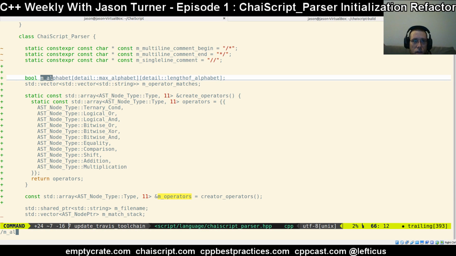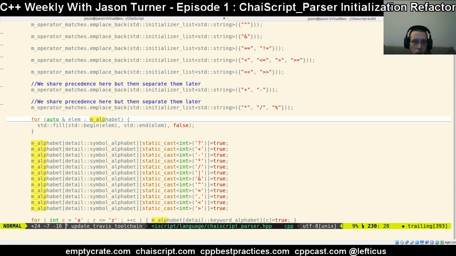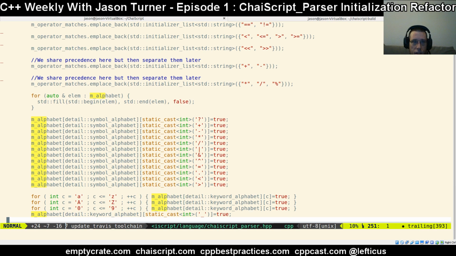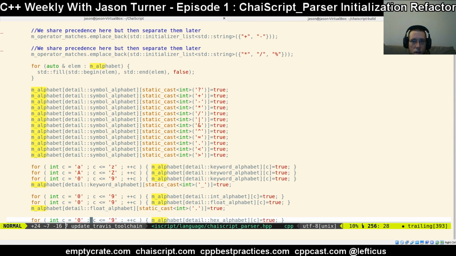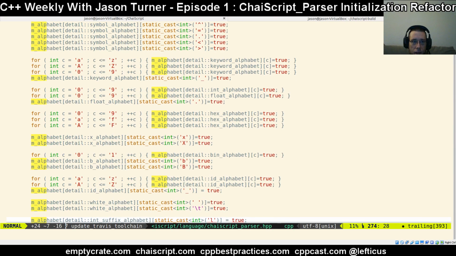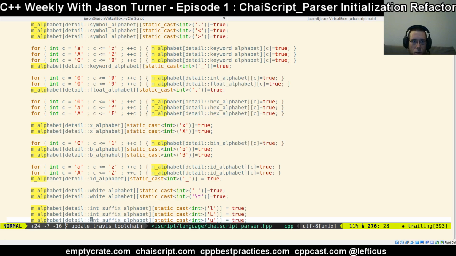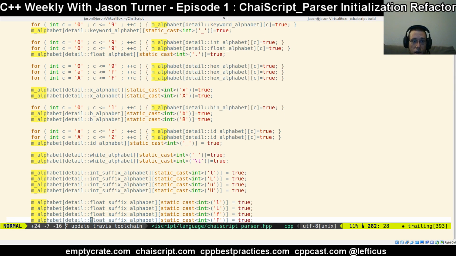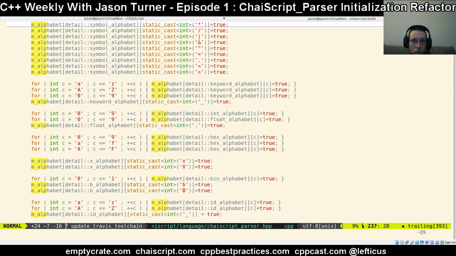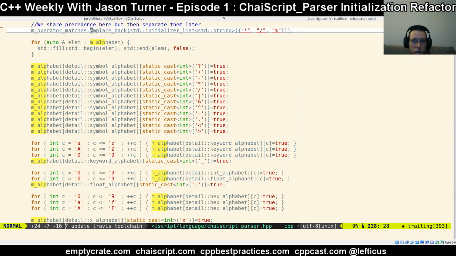So let's look at alphabet. This really looks like something that we should be able to do at compile time. It's very straightforward. It's a bunch of loops. It's something that maybe could be a const expression, perhaps a function that creates these and returns them. Let's see